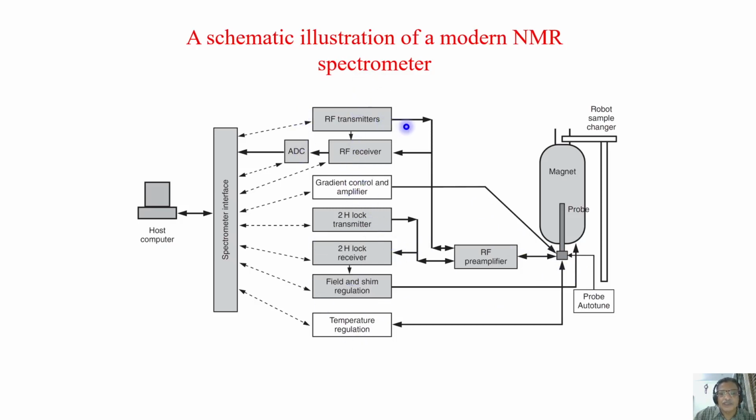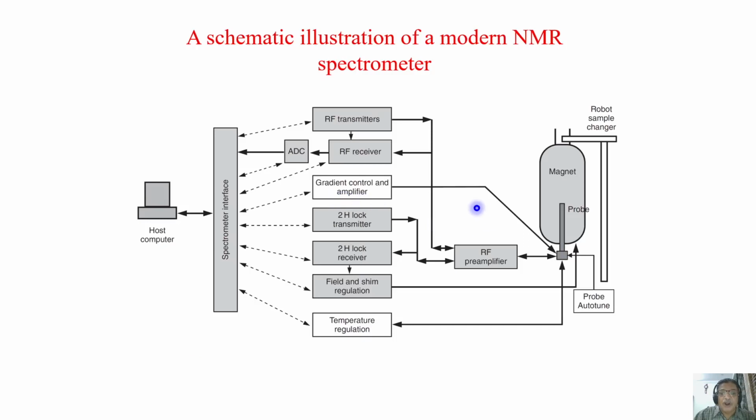Then it is taken to the spectrometer, which does all sorts of processing. And of course, we have a transmitter to transmit the right radio frequency signal or the pulse. And in the same way, we also collect the signal, do the digitization, and give it to the spectrometer interface, which we call the console. Here, all operations are done depending upon the command the operator gives. Various functions are carried out, and this is a host computer where your time domain data, frequency domain data, and pulse programming, various things can be monitored.